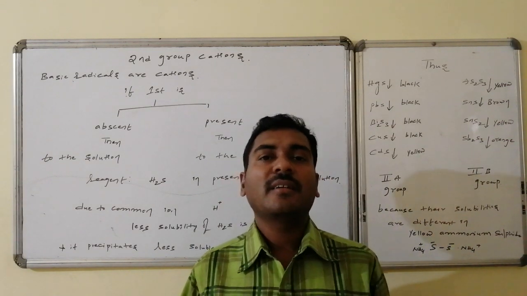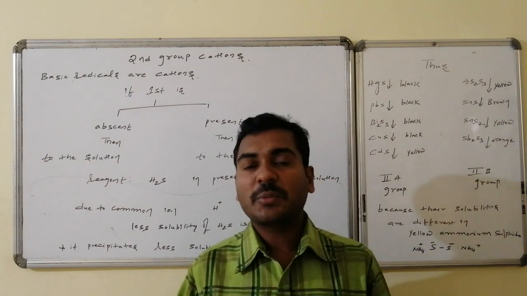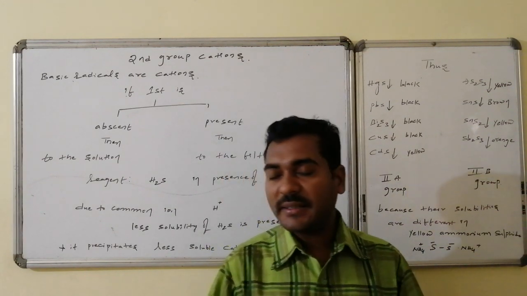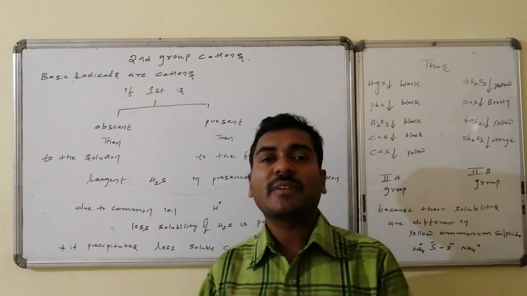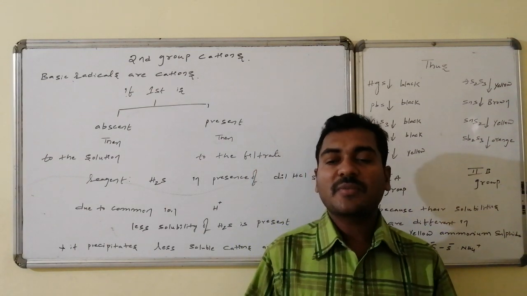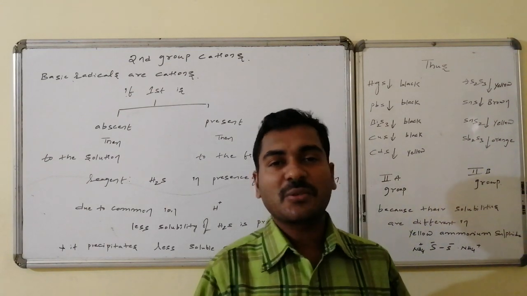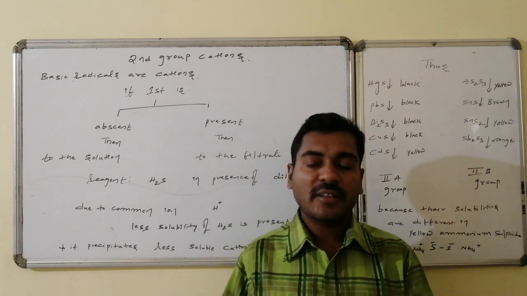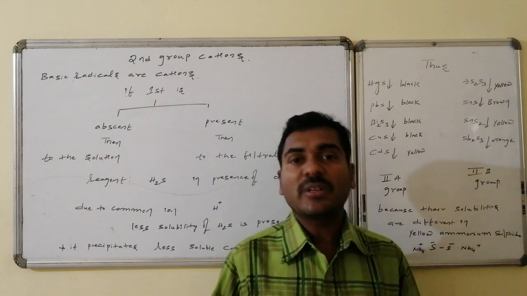Yes, second group radicals. If the first group radicals are absent, or a salt mixture is provided, then after the first group, some other group can be present. Thus, we have to go for the step-by-step analysis related to the radicals. Now we are going for the second group radicals. Suppose the first group radicals are absent, use that solution directly. Else, if first group radicals are present, after filtration, use that filtrate.